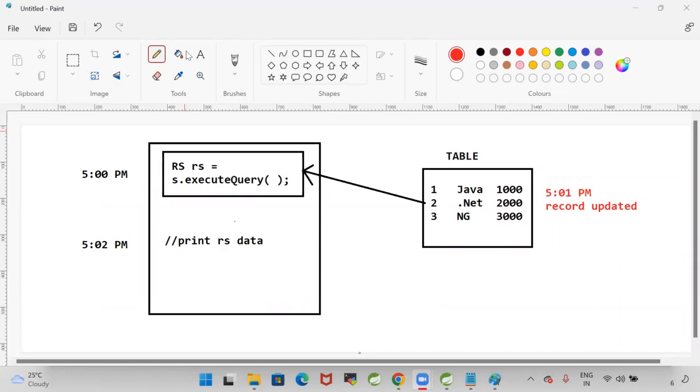Both are bidirectional. Next point. The difference is